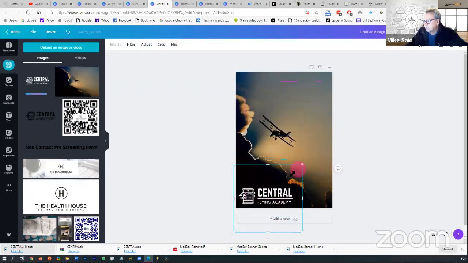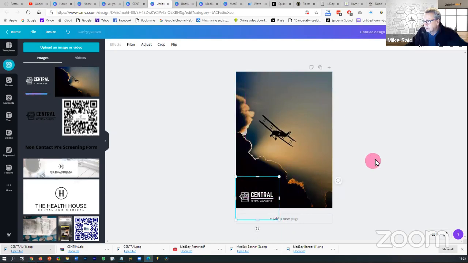Put it down there in the bottom corner. And there we go. So already it's a huge difference being able to not put a logo with a border on the background. Now, the big mistake that people make when they're creating posters and everything is they tend to put way too much information, or try and get way too much information onto the same